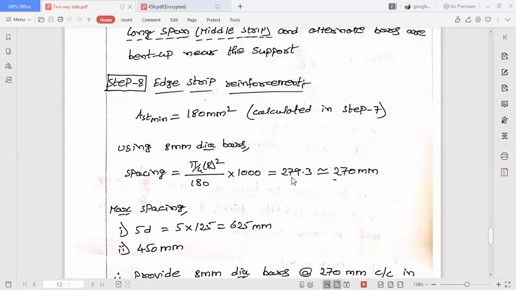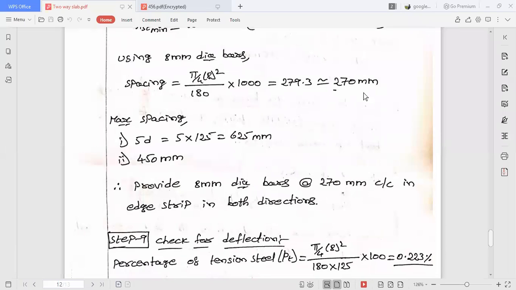Why? Because if you lower the spacing, the number of bars will be increased so that it will get good strength. If you increase the spacing, the number of bars will reduce than required, then it will fail. That's why spacing will be rounded to the bottom number. Or you can select 275 also, that is also a round number, right? So 270 mm is selected, and maximum spacing, you cannot consider this as final, you have to check with maximum